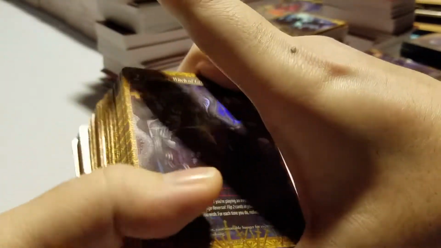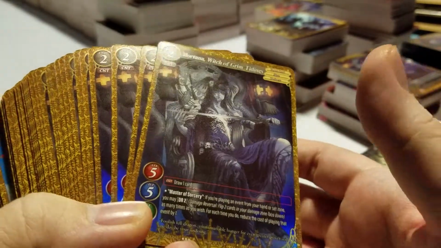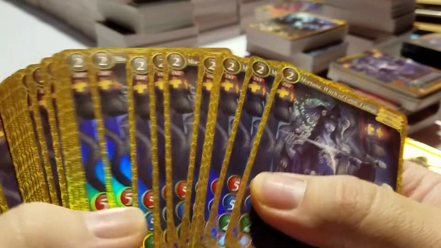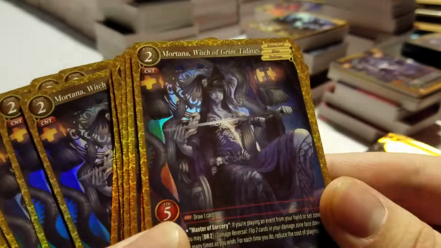So for 3 stars, you get 31 to 32 copies within a whole master case. So again, that's between the 4 cases. So 1 case should be more than enough to get you your playset of each one, or even if you need 5 because you want to do 4 in a deck and then 1 for maybe a Highlander. But again, the normal 3 stars,